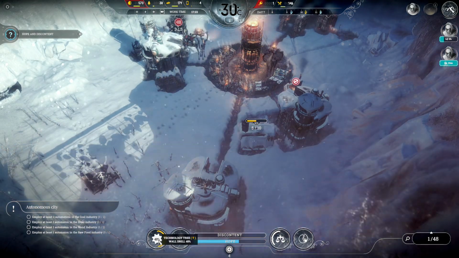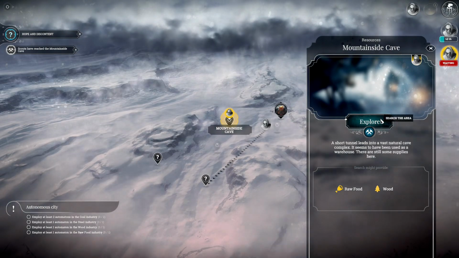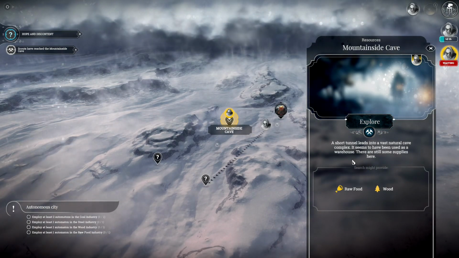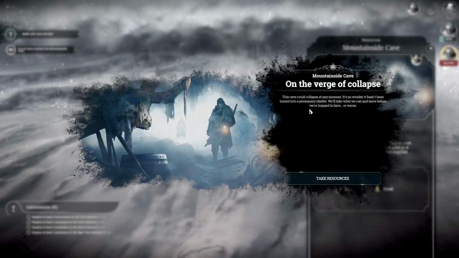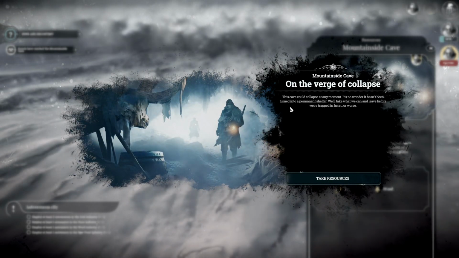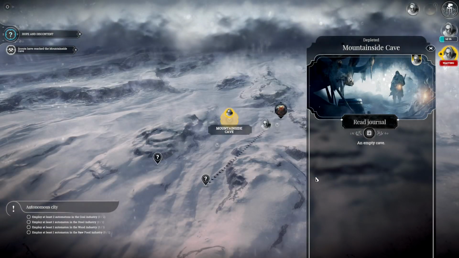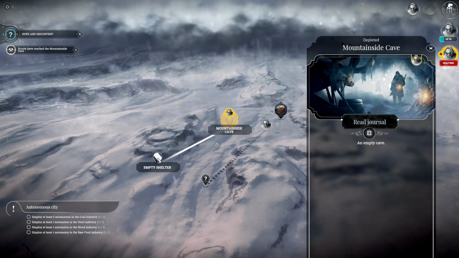Once I have the wall here, I will destine it there, but for the moment. Mountainside Cave. A short tunnel leads into a vast natural cave complex. It seems to have been used as a warehouse. There are still some supplies in here. Good. On the verge of collapse. This cave could collapse at any moment. It's no wonder it hasn't been turned into a permanent shelter. We'll take what we can and leave before we're trapped in here, or worse. A lot of wood and some raw foods. Good, but